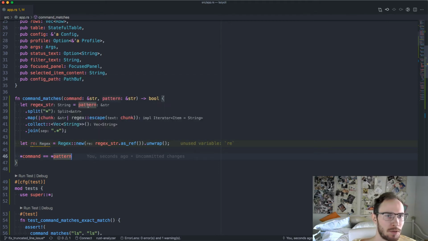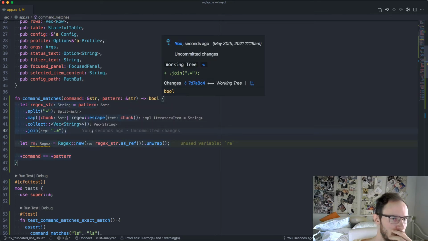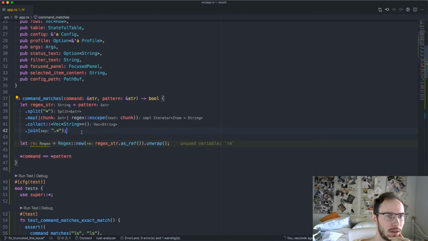Given that this pattern is decided by the user, it's more likely this might actually fail. But I can't think of any examples as to why it would fail, unless maybe this thing failed. But that isn't even a result type. So this should be a correct regular expression, so I don't see why this would fail. Anyway,